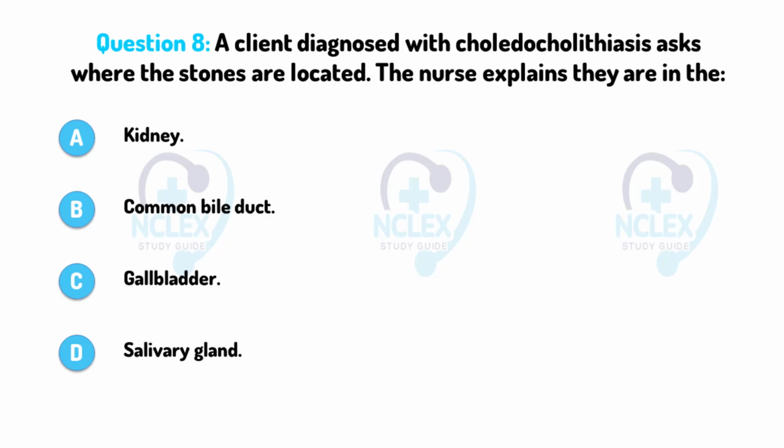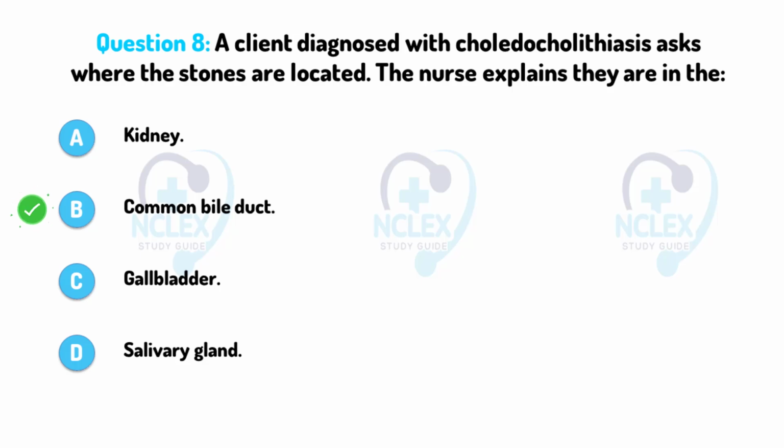Question 8. A client diagnosed with choledocholithiasis asks where the stones are located. The nurse explains they are in the A. Kidney, B. Common bile duct, C. Gallbladder, D. Salivary gland. Correct answer. B. Common bile duct. Explanation. Choledocholithiasis refers to the presence of stones in the common bile duct, which can obstruct bile flow and cause